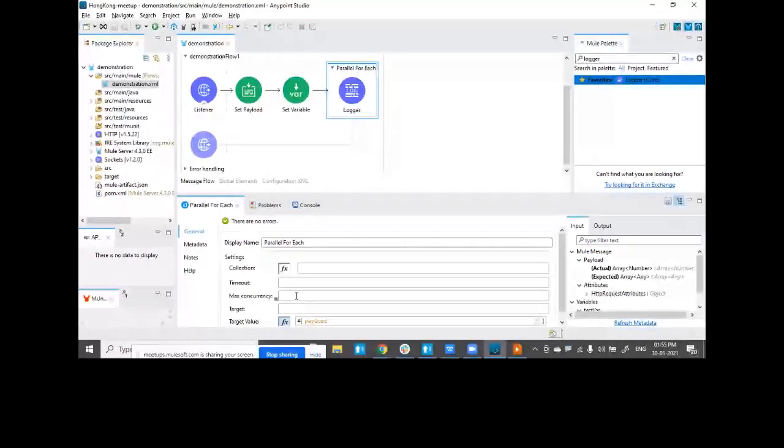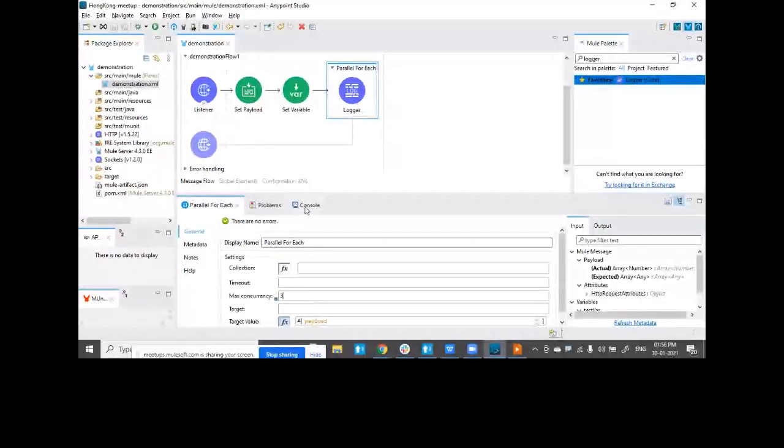So I'll set, let's say over here, max concurrency to be 3. Now again, an important statement over here. When I'm setting max concurrency to be 3, I'm saying at any instance, a maximum of 3 records to be executed. It's not that exactly 3 records are to be executed. So it's a maximum of 3 records that need to be executed.